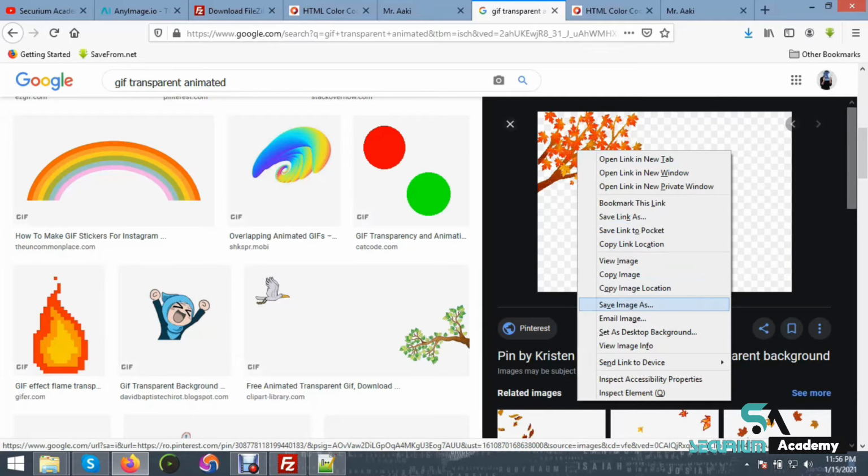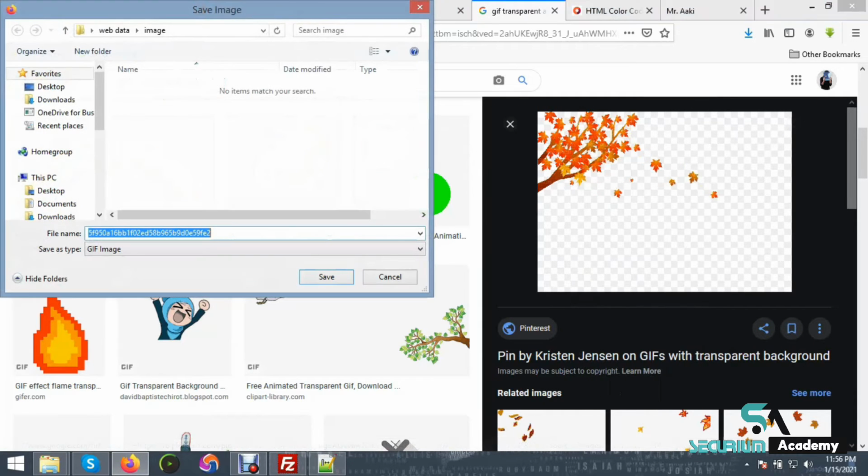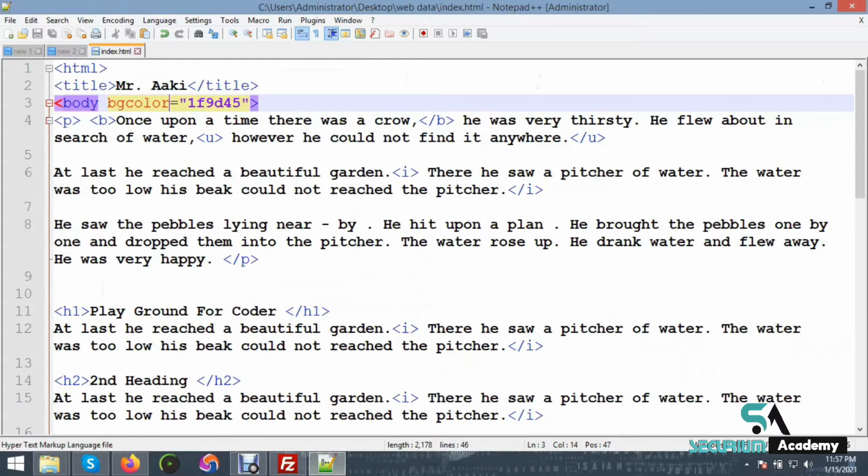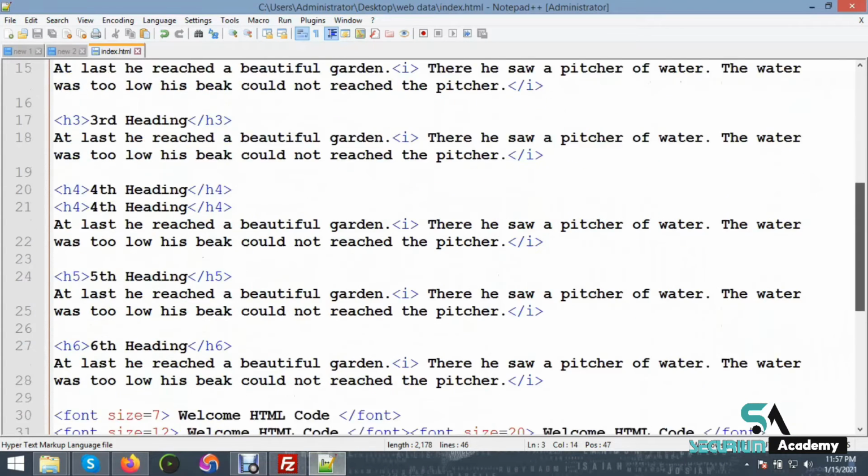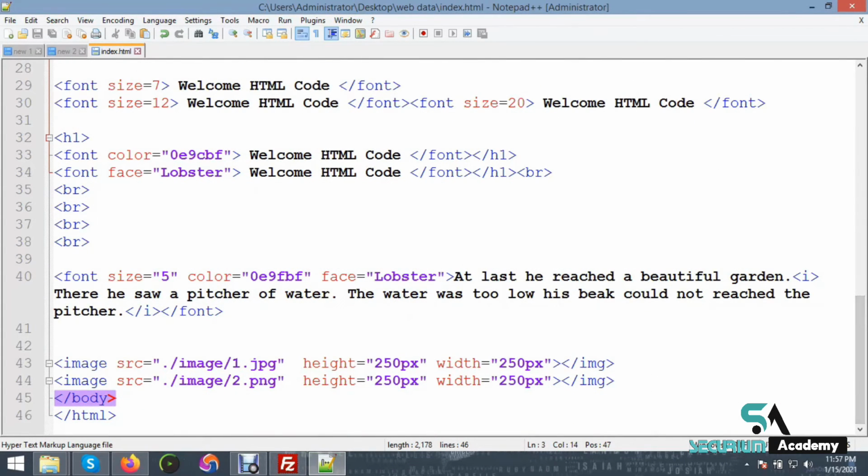Now we click here, then click on save image, and we type it like 3 and the format is GIF. Then you click on save. After saving this, go to our HTML code page and go down. Then you copy this line again,